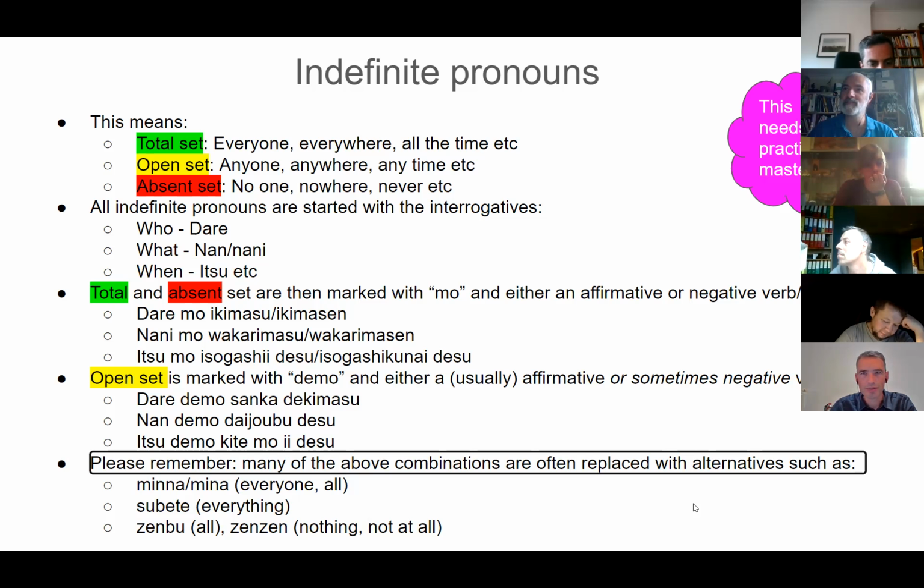Not like a BKA summer seminar sayonara party. But if you say nandemo daijoubu desu, it means I can eat any particular thing. So I can eat anything. It's kind of like I can eat this. If I had to choose, I can choose any of them. Not that I can eat all of them, but I can choose any of them, and I can eat that one thing.